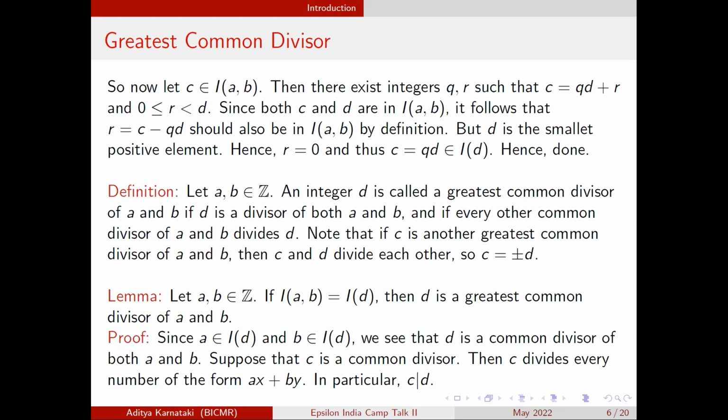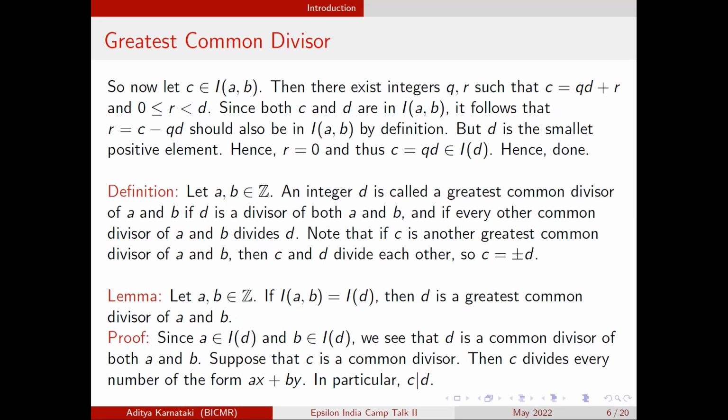If a is in I of d and b is in I of d, but these are multiples of d, so d is a common divisor of a and b, right? By definition. And suppose that c is a common divisor, then c divides every number of the form ax plus by because it divides a and it divides b. So it divides each of the terms